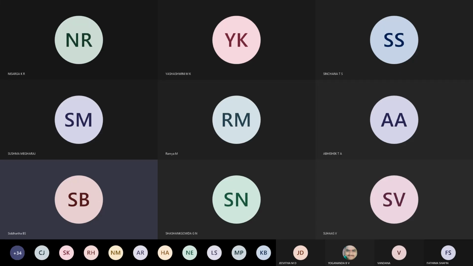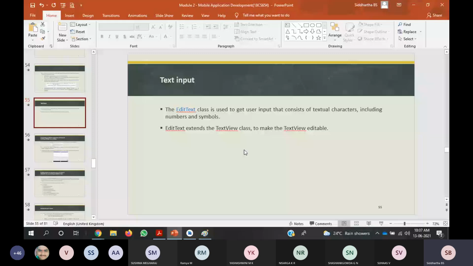Everyone. In the previous sessions, we learned about user input controls like checkbox, radio buttons, spinner, toggle buttons, switches, and all. So now let's see one of the text input. There is a class called EditText class, where if we use the EditText class, the user